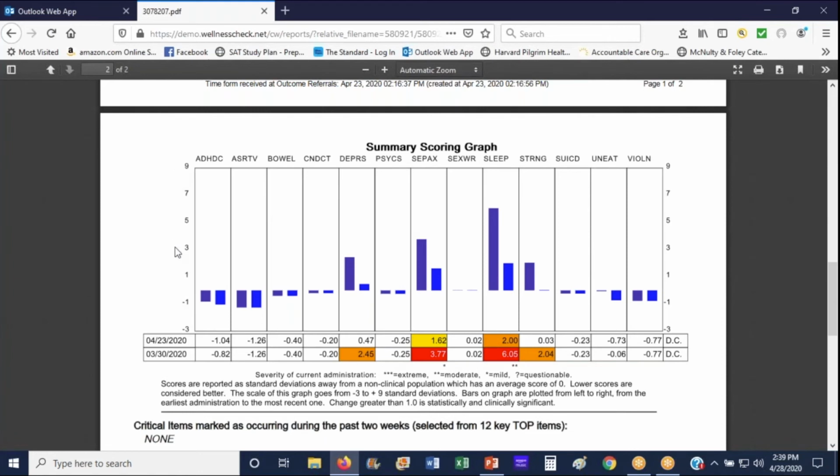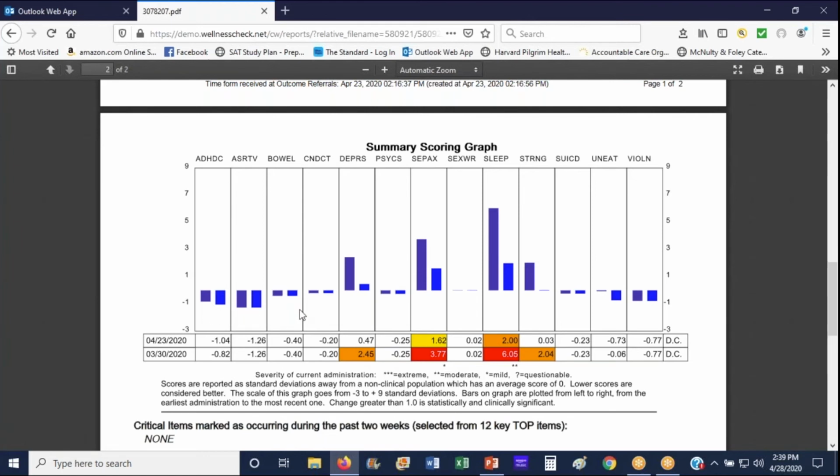So any high numbers are problems and any negative numbers are strengths. The first bar on the left represents the initial TOP, the very first TOP that was completed, and any additional bars. So you'll see that one follow-up TOP had been completed, but it can carry on. You can have 2, 3, 4, 5, 6 bars